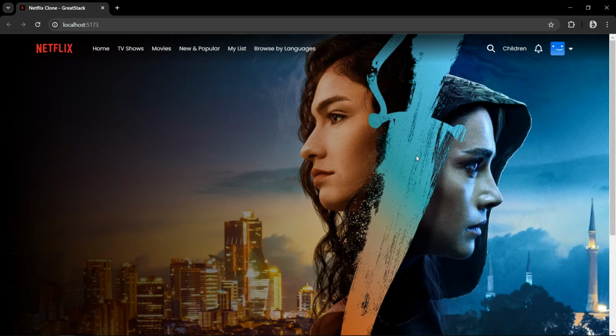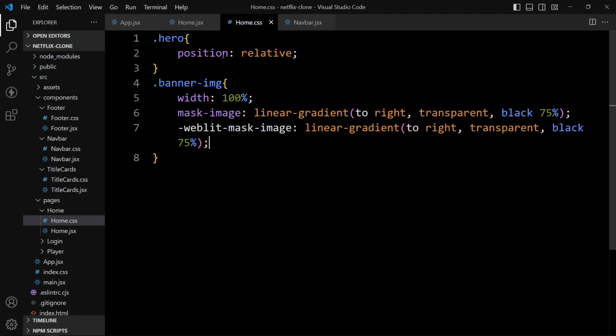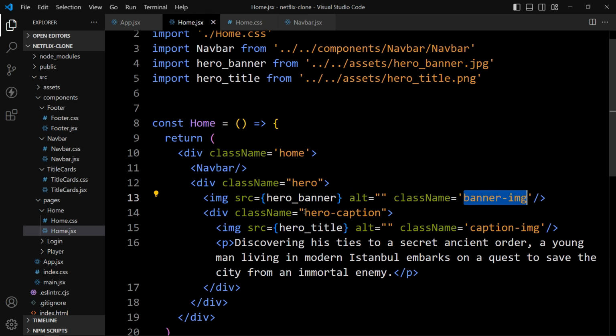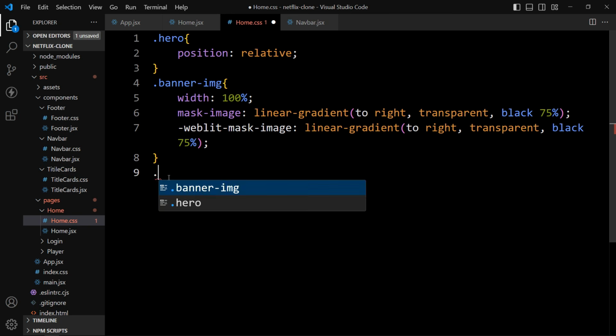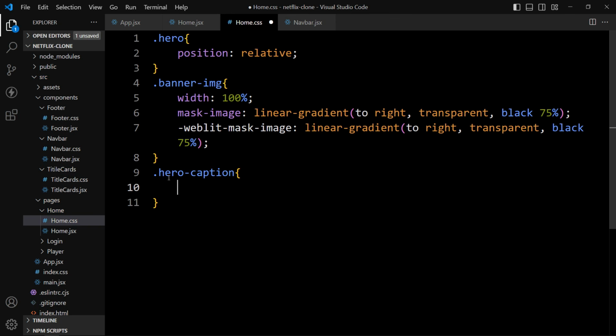After that, let's come back to the web page. You can see this image is displayed in full screen, and here we have a gradient dark color also. Let's come back, and here we have the class name hero-caption. Just copy this one, add it here. So for this hero-caption, we will add position absolute and the width will be 100%.